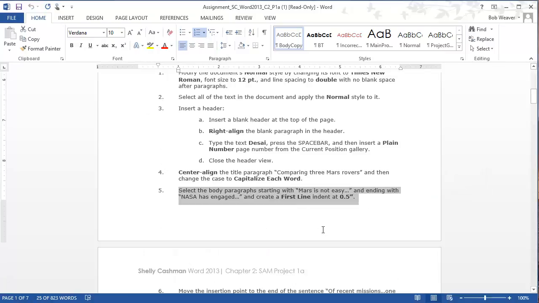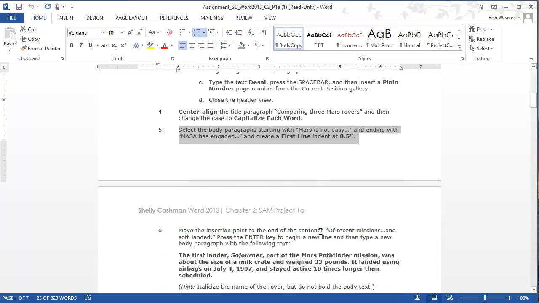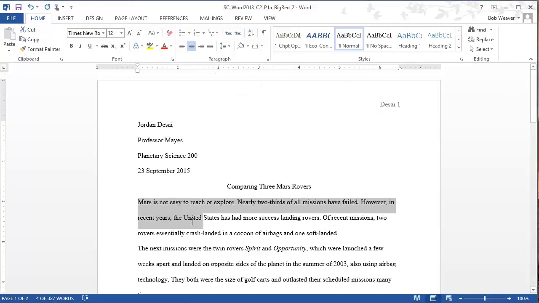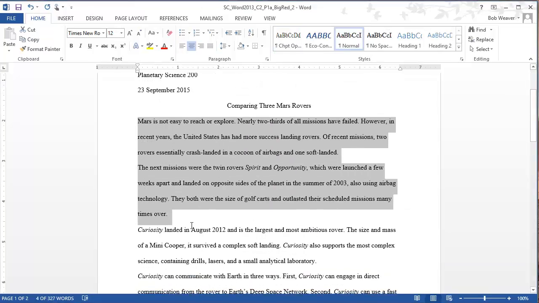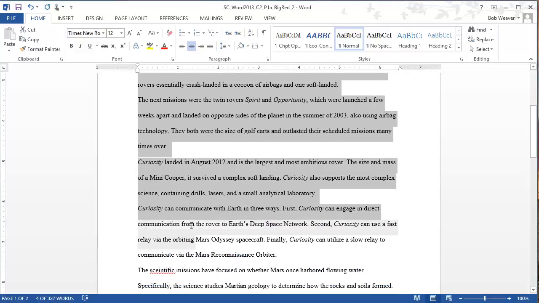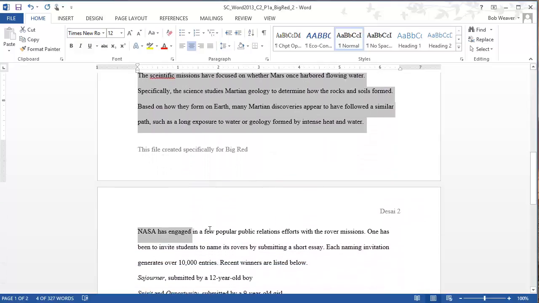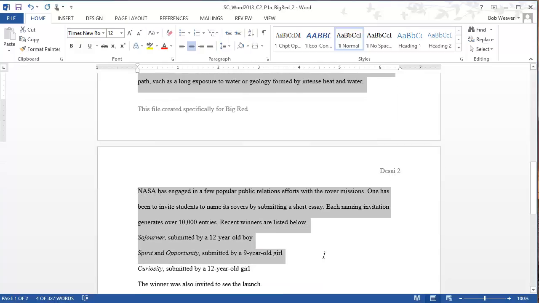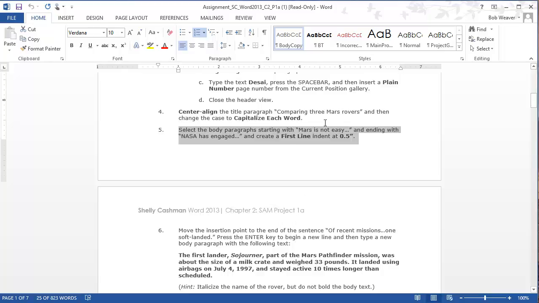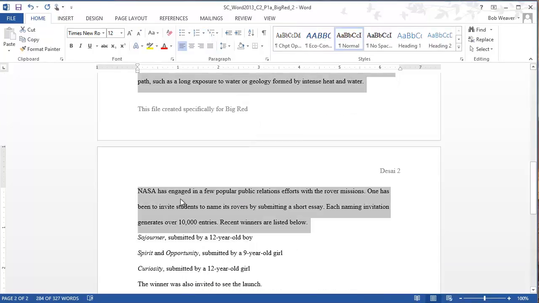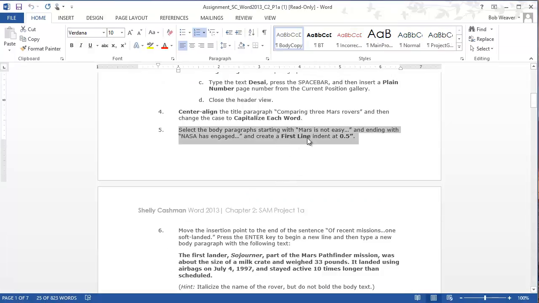Step 5. Select the body paragraphs starting with Mars is not easy and ending with NASA has engaged, and create a first line indent at the ½ inch mark. So I'm going to select this. Mars is not easy to reach, all the way down through, is that right? All the way down through, sorry, NASA has engaged. Yes, NASA has engaged. And I want to change the paragraph to be a first line indent at the ½